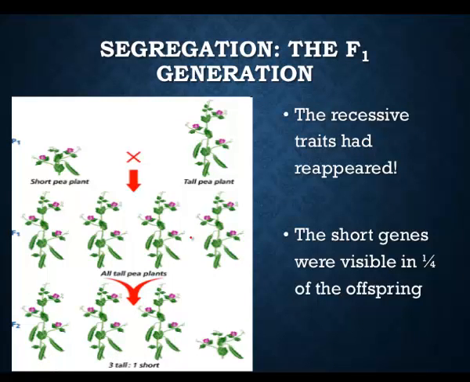So now if we look at the whole thing, what happens? We get a ratio, right? And that ratio, because remember, Mendel made a lot of plants, and he kind of crunched the numbers, and he got down to this ratio. In every group of plants, there was a ratio that formed 3 to 1, tall to short, or dominant to recessive. So that's our F2, there's our F1. So Mendel crossed each of these,